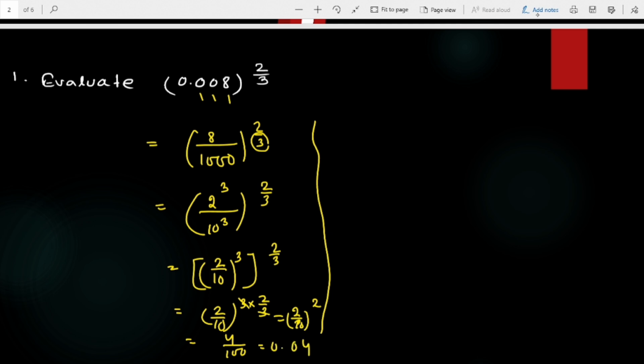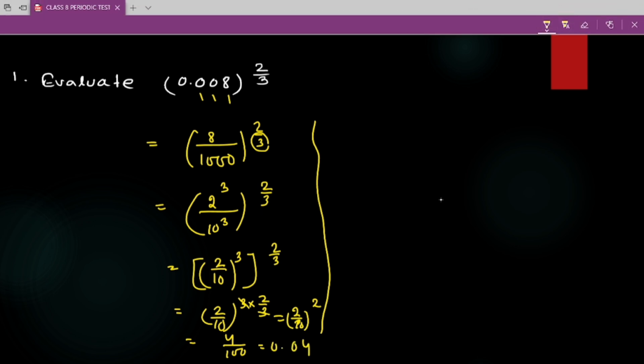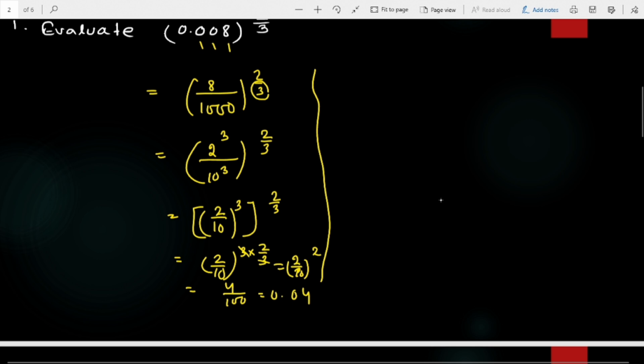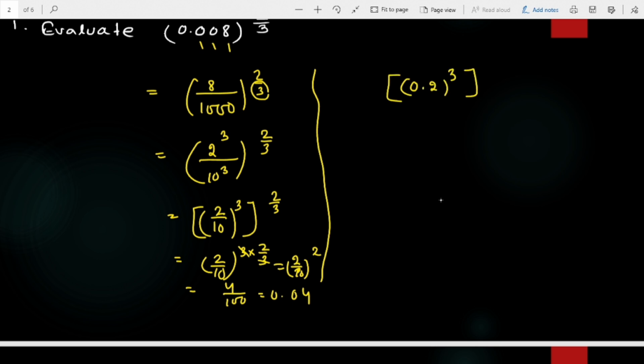0.04. Okay. Now the other method: simply write 0.008 as 0.2 to the power 3, again whole to the power 2 by 3. Now 0.2 to the power 3 into 2 by 3. Cancel 3, that is 0.2 squared, that is